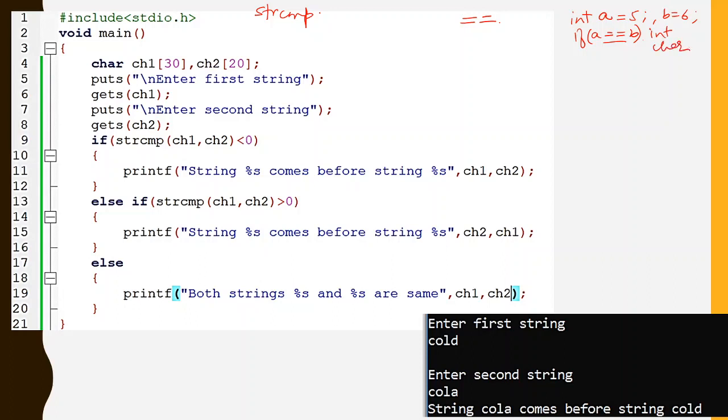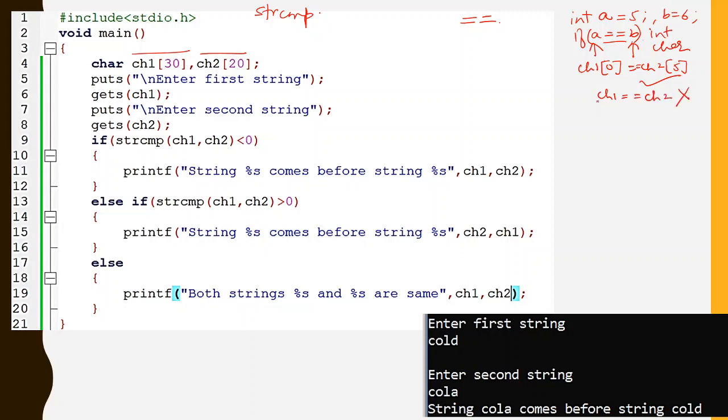But to compare character arrays or integer arrays, this equal to operator will not work. This equal to operator works only for a single entity, that is, an individual element. So if I want to compare ch1[0] with ch2[0], I can do this, but I cannot do ch1 equals to ch2.